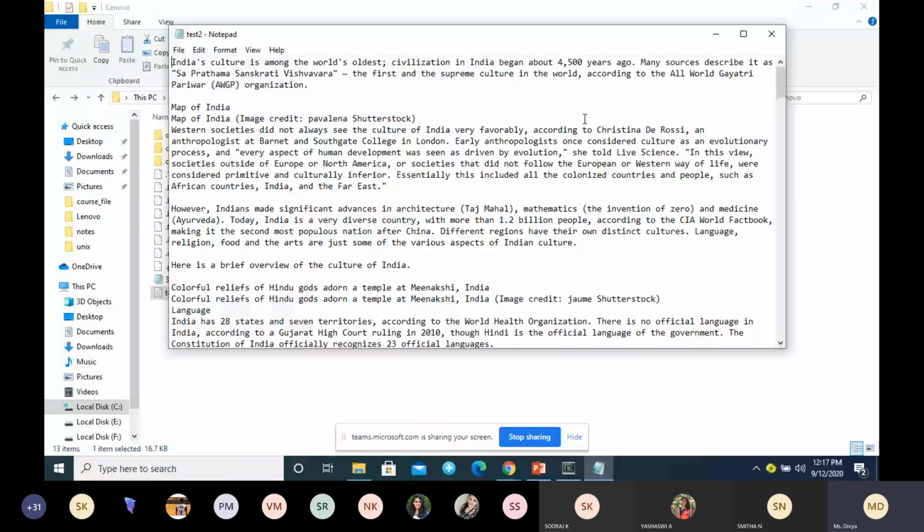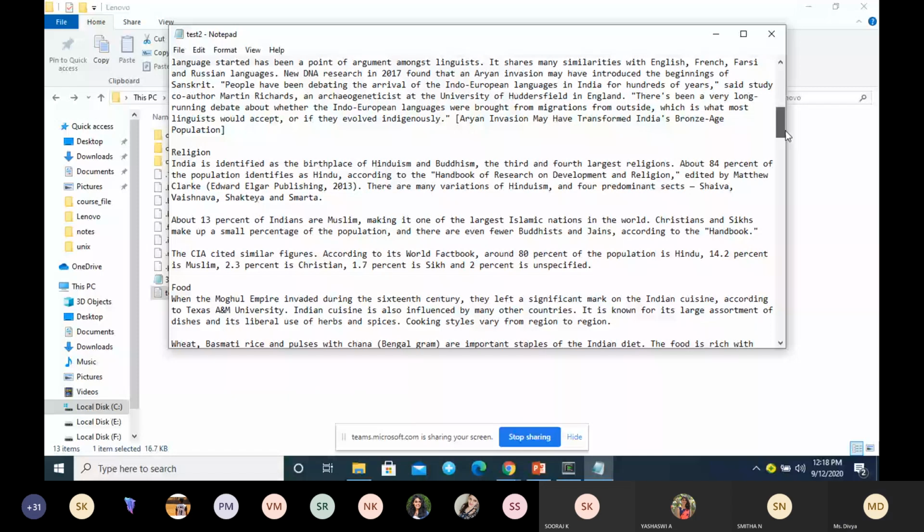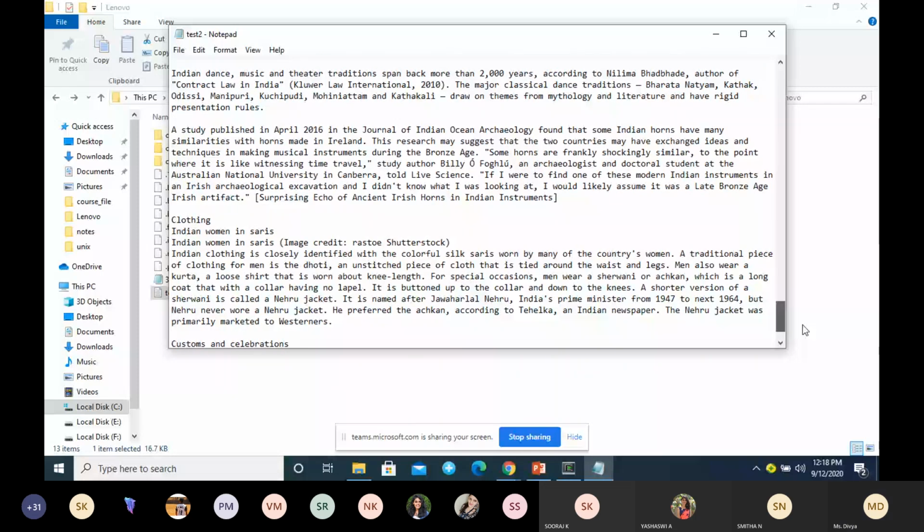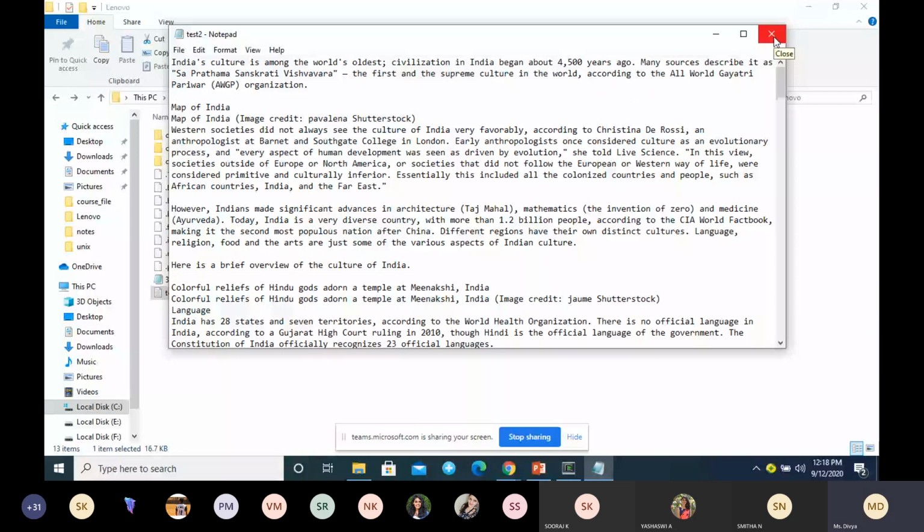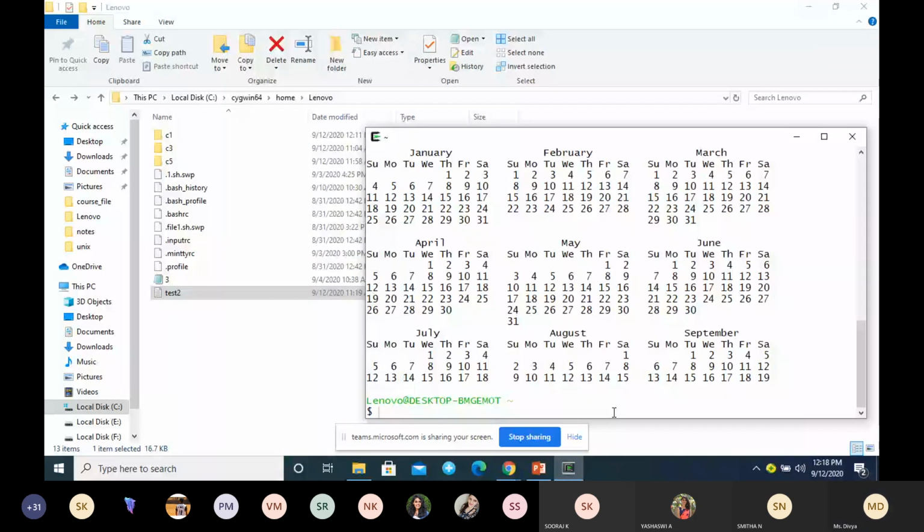It is a lengthy file. If I give more text2.txt, I cannot display it in just one page. So to display lengthy files, I can use the more pager.